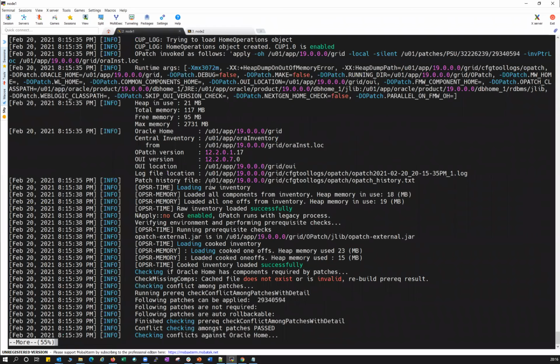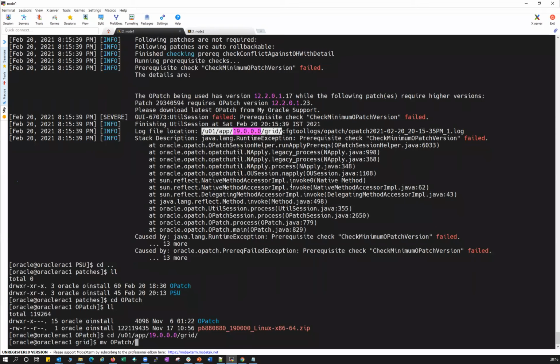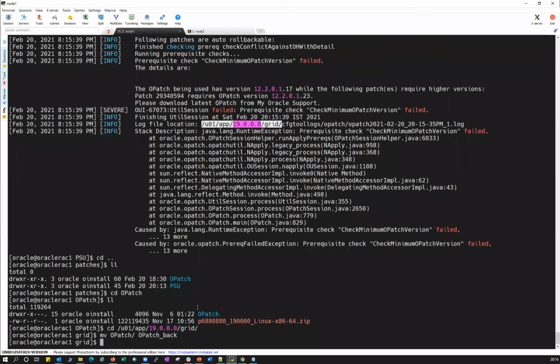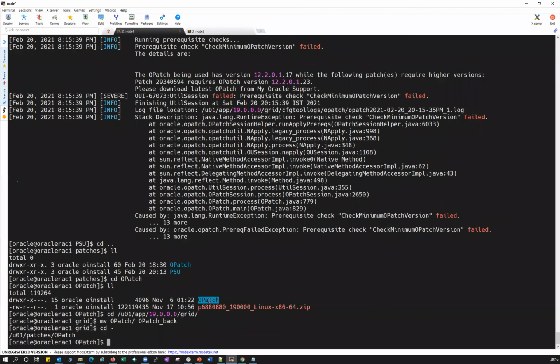So what I'll do, I'll directly go to my grid home and then move my available OPatch as OPatch_backup. Then I'll go back again and just cp -r, or you can move, whatever you want.